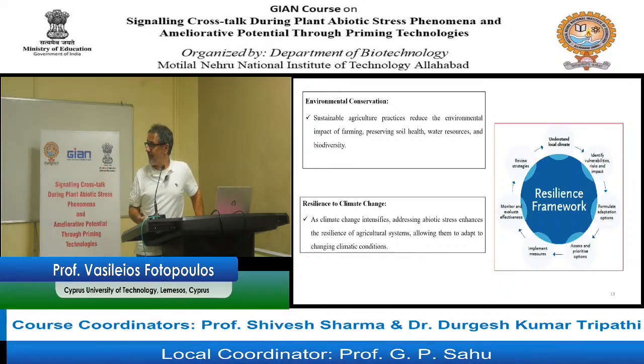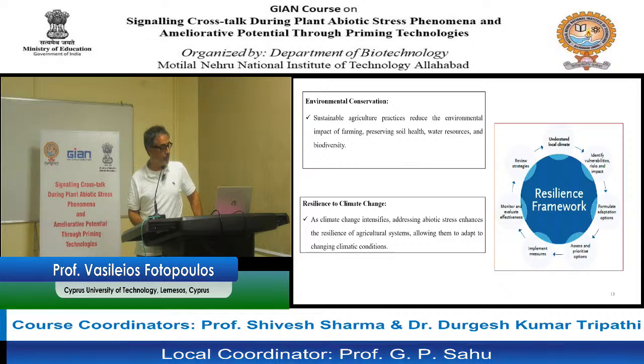We also have the important element of environmental conservation, as through sustainable agriculture practices we can reduce the environmental impact of farming and thus also improve biodiversity, which is very important for agroecological purposes. And basically,